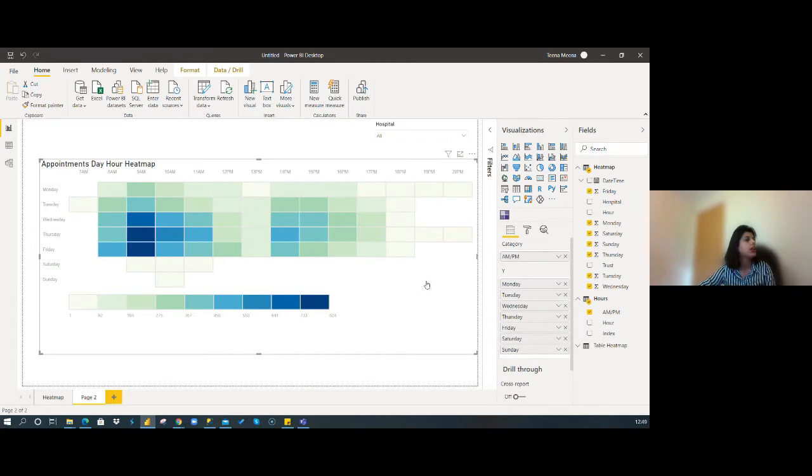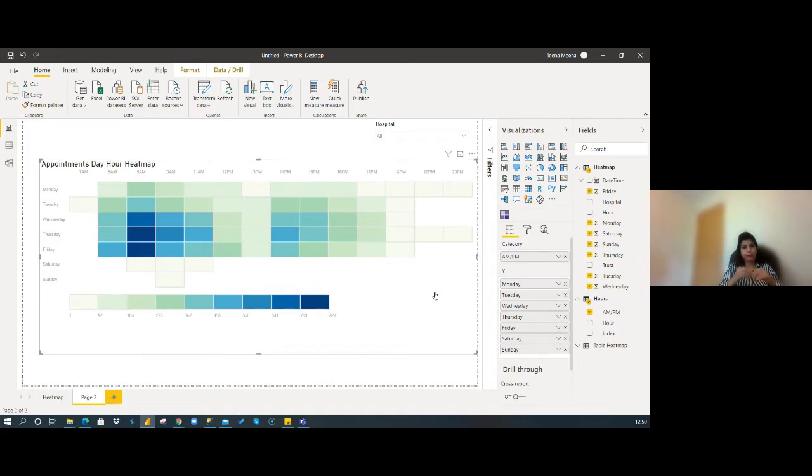So once they've seen that there is almost like a bottleneck at those times, how do they then make changes to spread those appointments out? Let's say they want to dig out the appointments by staff member and filter by GP and other staff. If the GP is handling more than 80% of appointments, then they can decide: do we actually need the GP for these appointments, or can some other staff handle them? So this kind of decision we can make using this heat map.